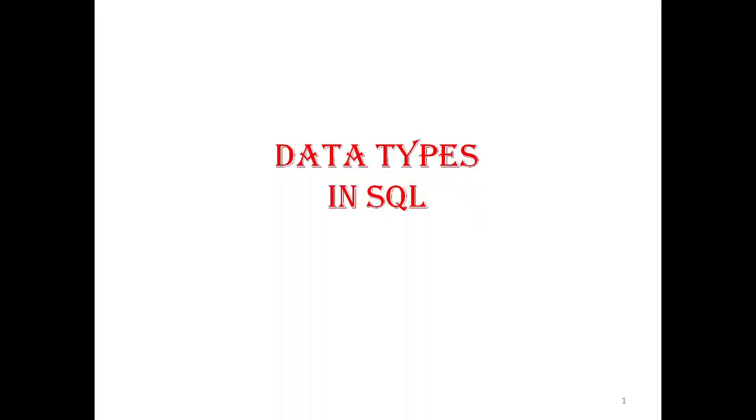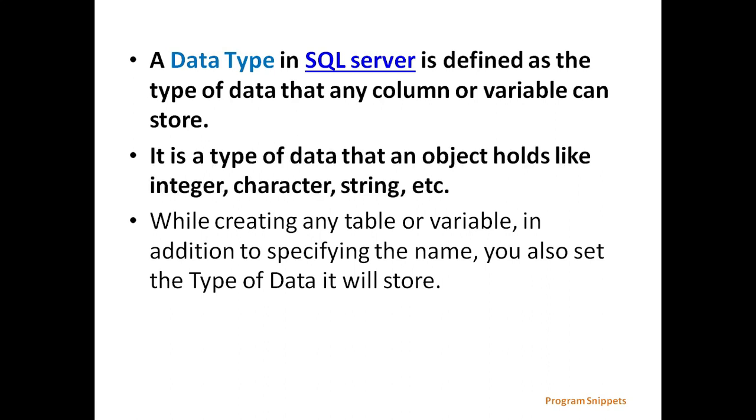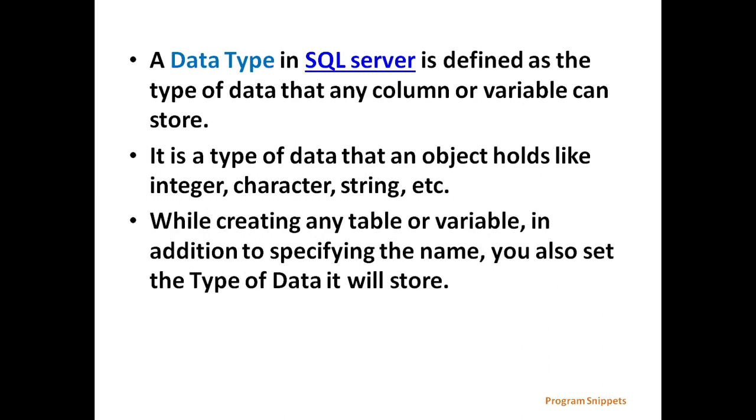Here we will see data types in SQL. A data type in SQL Server is defined as the type of data that any column or variable can store. It is a type of data that an object holds, like integer, character, string, etc. While creating any table or variable, in addition to specifying the name, you also set the type of the data